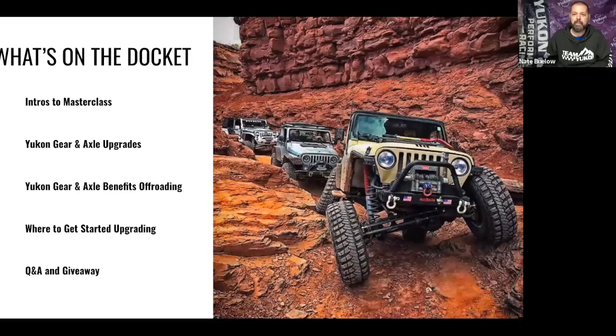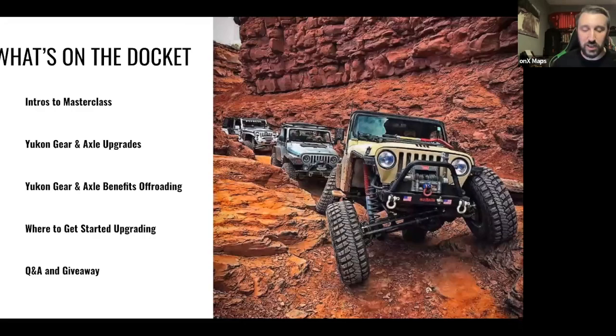One of the things that came in quite a bit is rock crawling versus overlanding, obviously different experiences. Can you talk through, in generalities, how you would set up your vehicle differently for an overlanding rig versus a rock crawling rig? Well,